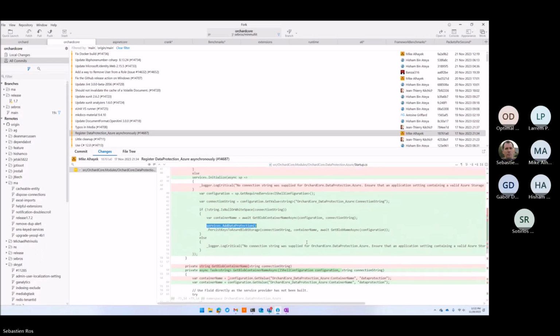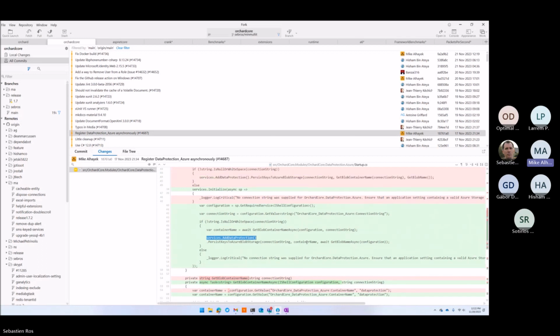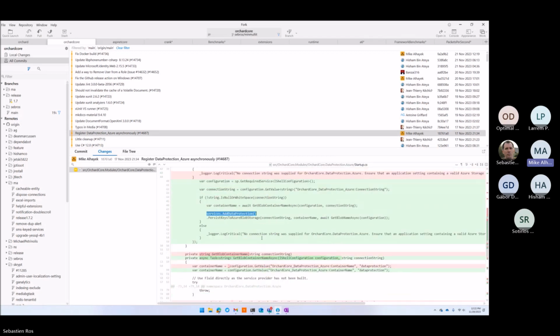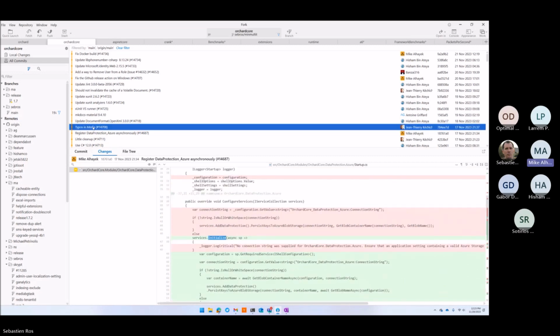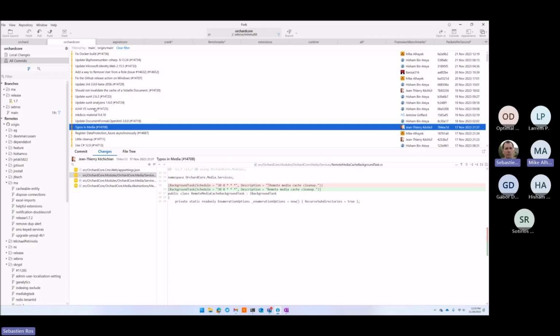That's an issue. So the initializing should be done there, which happens at the end of the request. And so this is a good method to initialize a service. In this case, you're making a synchronous call to the blob container, grabbing or creating a blob container name, and then configuring the service using the blob name. But it's not good to initialize inside that function because it's kind of late. You'll see what I mean when you look at John Thierry's fix.